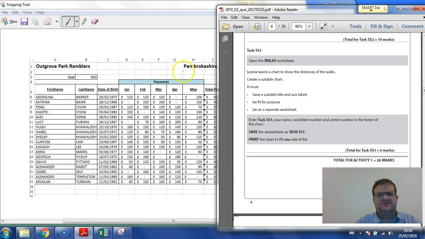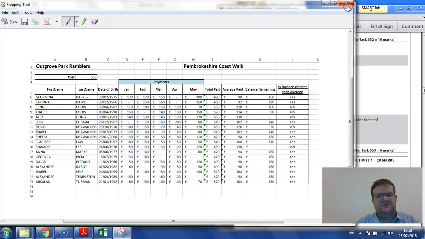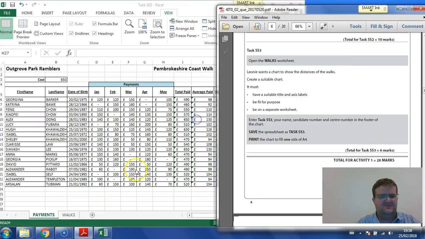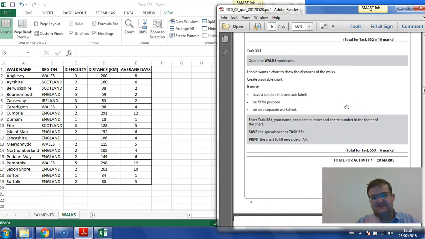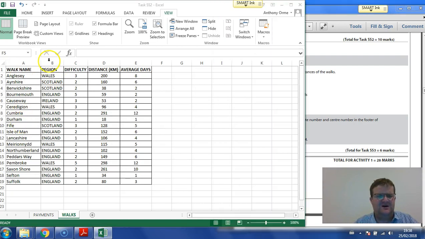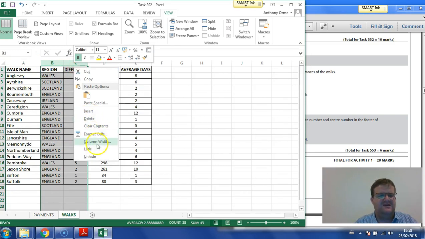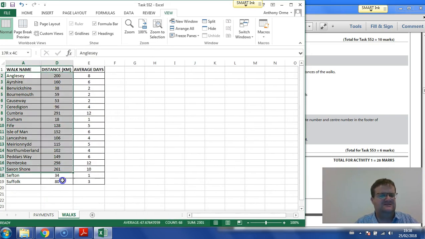Task SS4, we need to now go to the walks worksheet. So I go to the walks worksheet now. And on here, I need to create a chart to show the distance of the walks, create a suitable chart. So we've got the distance, we need to show the distance of the walks, so these ones here. So I basically need to highlight these two columns, right click and hide, and then we select the data, and